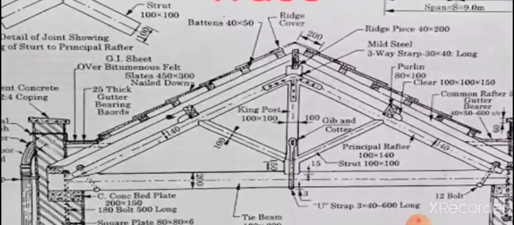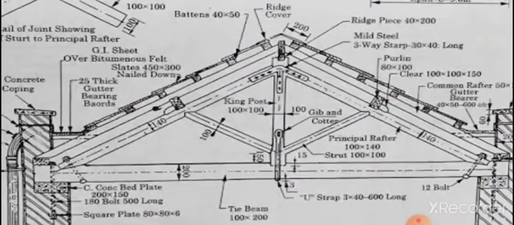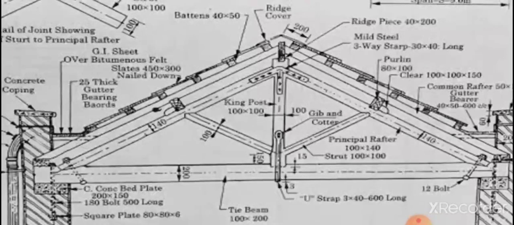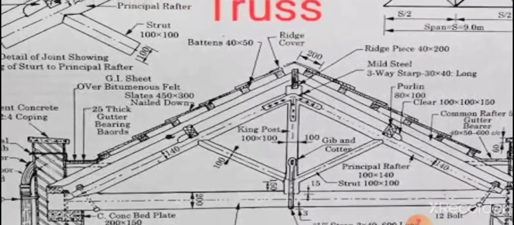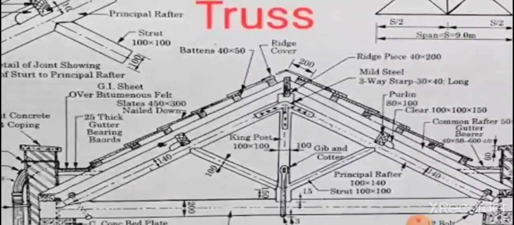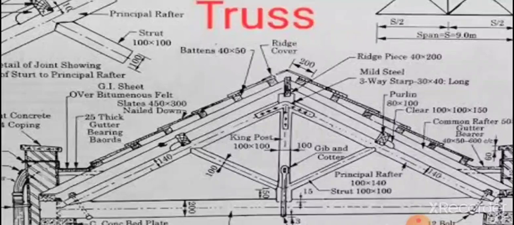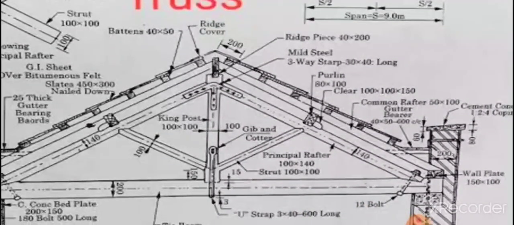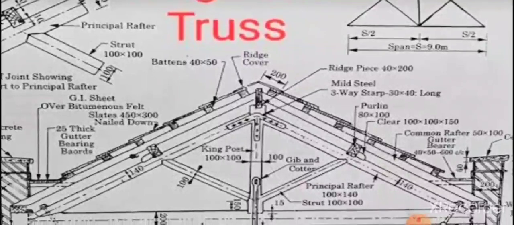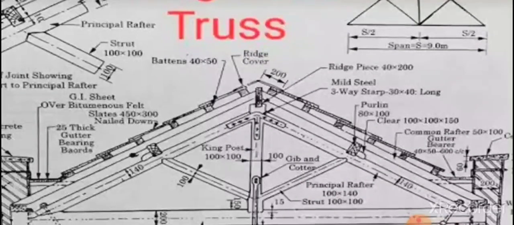Let us come to the struts. In case of struts, there is no problem because both the dimensions, breadth and inside thickness, are given as 100 by 100. You can see the dimension of the strut is given here as 100 by 100. That means the breadth is also 100 and the inside thickness is also 100. King post, same, 100 by 100. That means the breadth that we are seeing in this front view is 100 and the inside thickness is also 100. Purlin, 80 by 100. That means the height is 100 and the smaller dimension is 80.